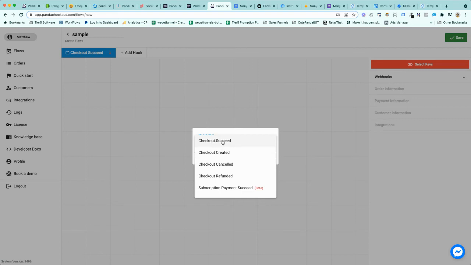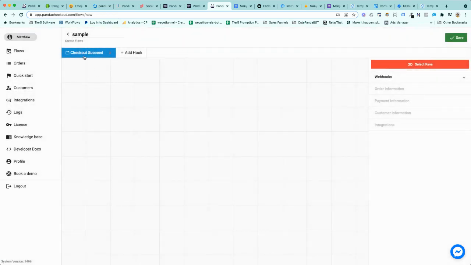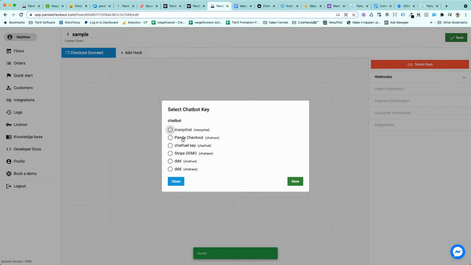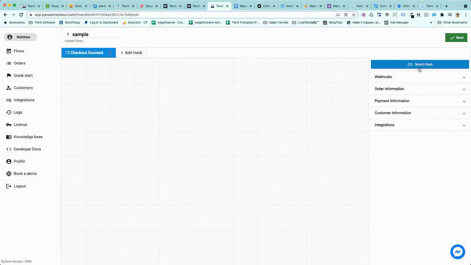So checkout succeed means it will trigger when the checkout succeeds. For example, let me save this one and select the keys. You will need to select which chatbot you are connecting with. For example, I'm connecting this one, and after you select, all these options will be available for you to